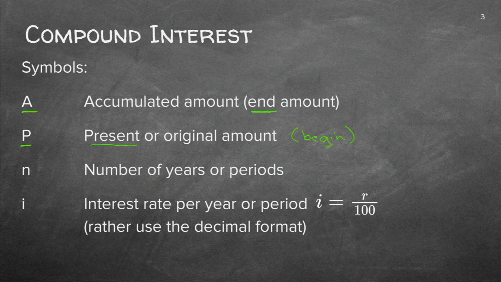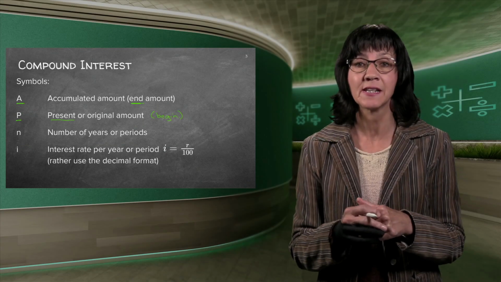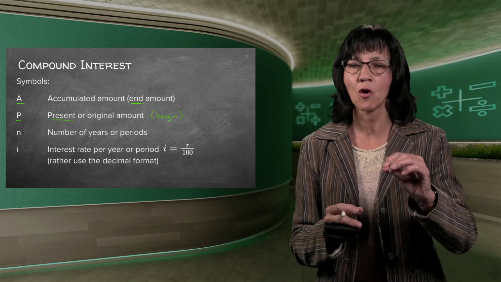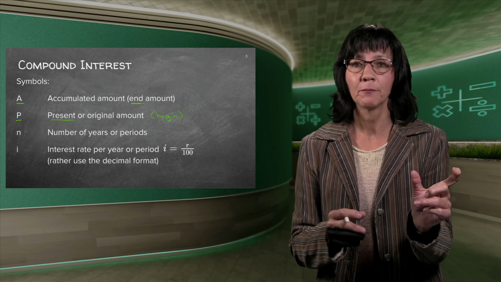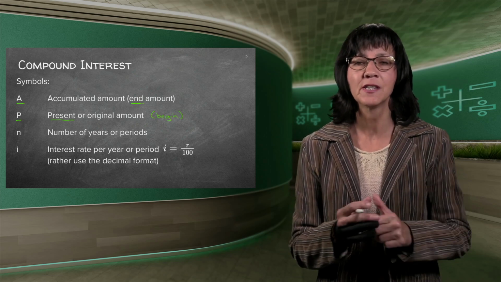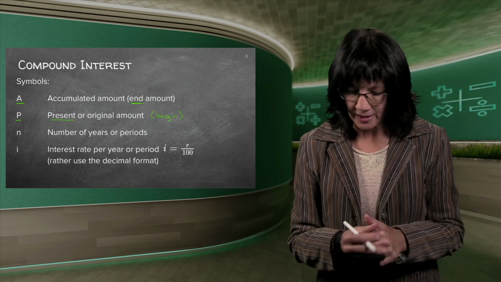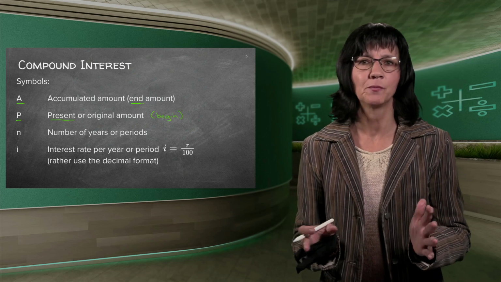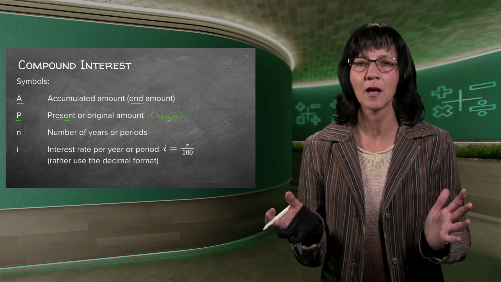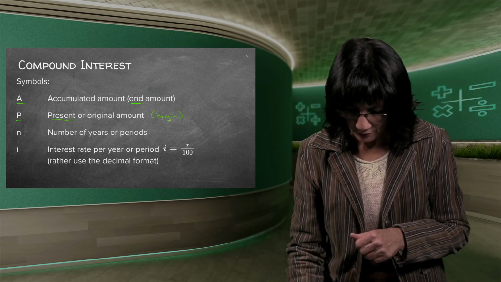Now, if you just use the interest rate as r over 100, you will have to work with a fraction, which we don't like. So remember I said we don't use that in our problems. We use the decimal format, which is 0, comma, and we need, just to remember, there needs to be two spaces behind the comma, two decimals for percentage. Good. You'll see this in nearly every slide. So by the end of these lessons, you should be able to do it in the middle of the night if you wake up, because it should be so known to you.